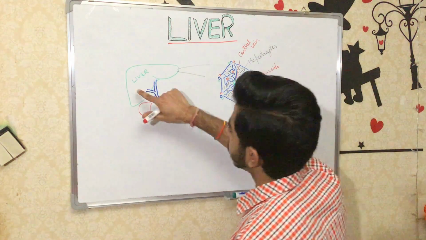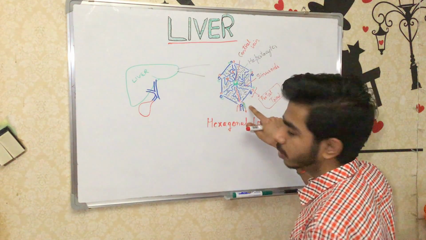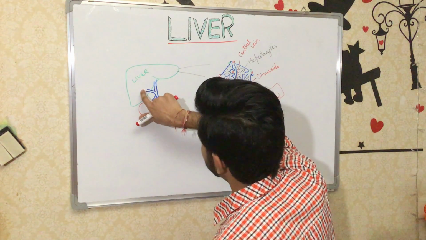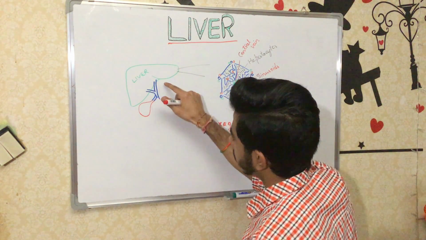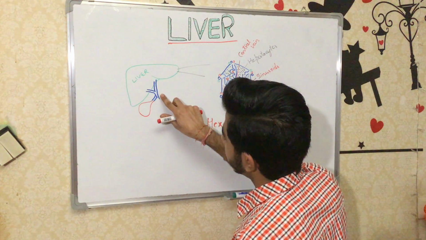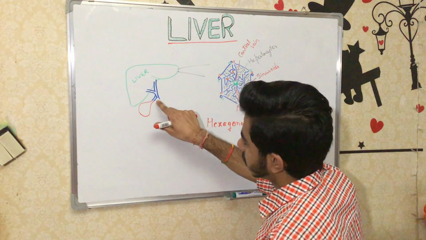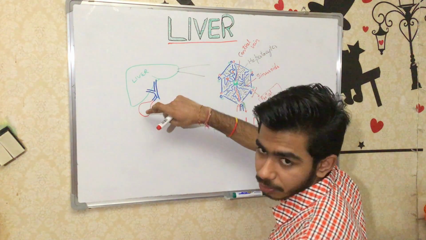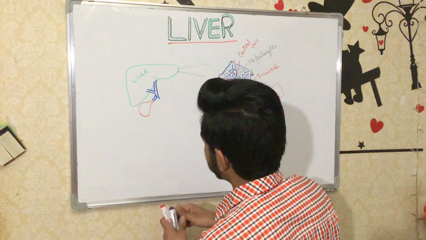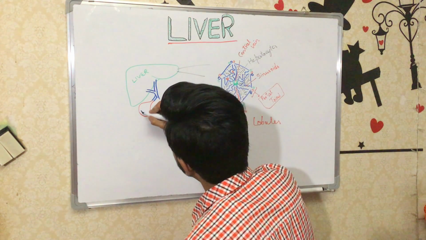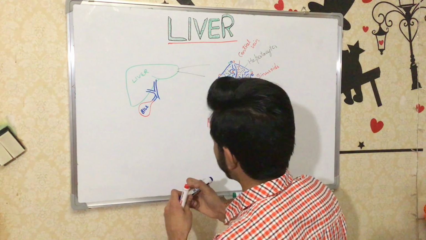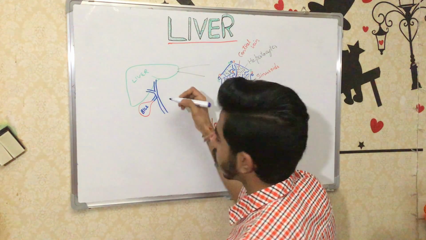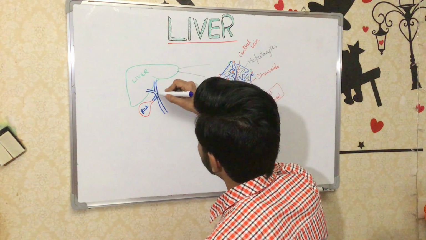So the liver is producing the bile with the help of the bile duct at the corners of the hexagonal lobule. The liver will drain its bile into the left and right hepatic ducts that will form the common hepatic duct, and that will join the cystic duct where the gallbladder is connected with it. So the gallbladder is present just beneath the liver, and it is carrying the bile. Further, this structure is continuing downwards and forming the common bile duct, because this common hepatic duct and cystic